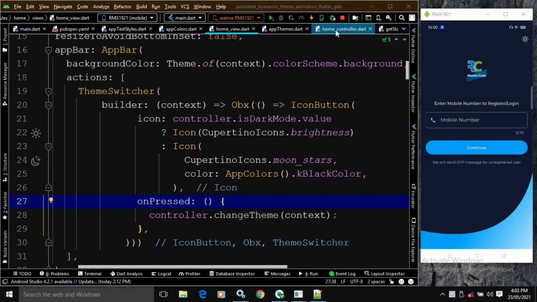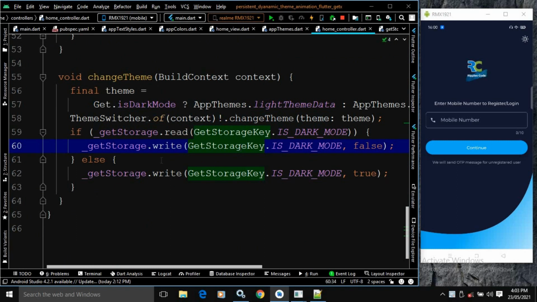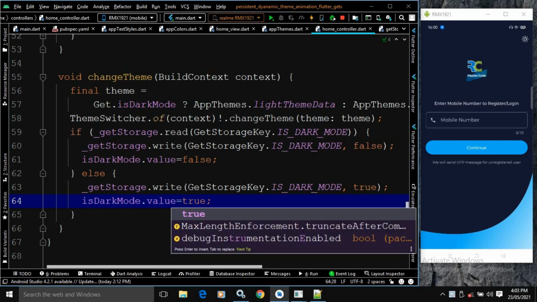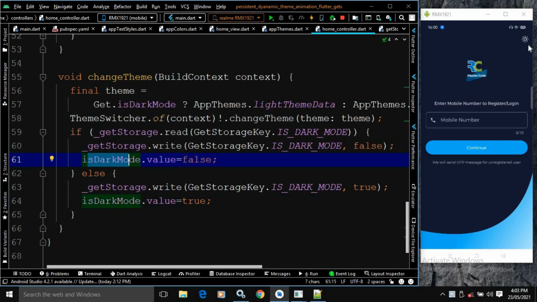In the home controller, while we are changing the theme, we need to write isDarkMode dot value equals, it should be false, and here isDarkMode dot value should be true. Okay, since the value of this variable is not changing, that's why the icon was not changing.